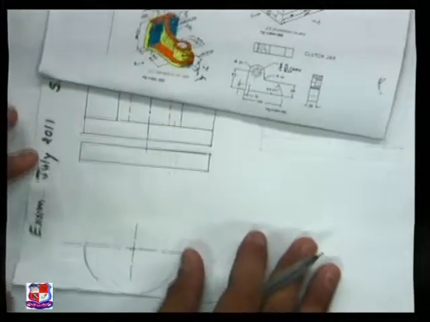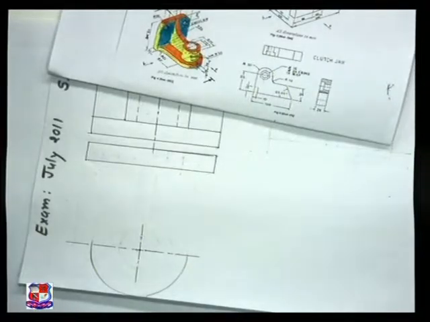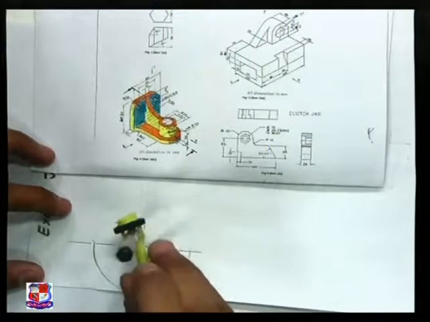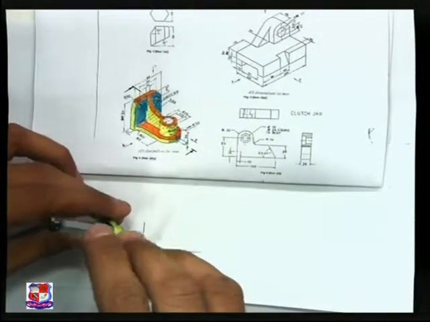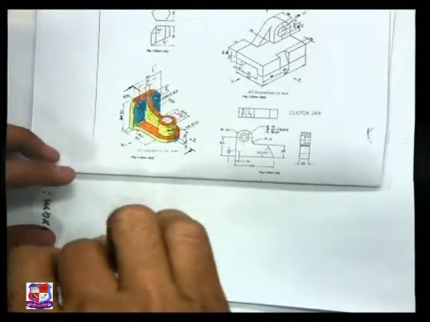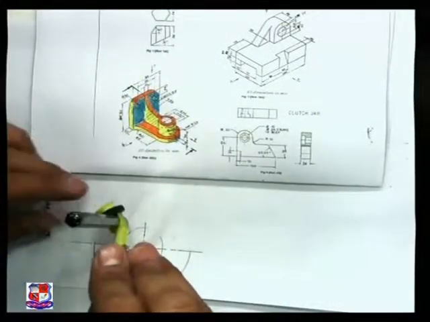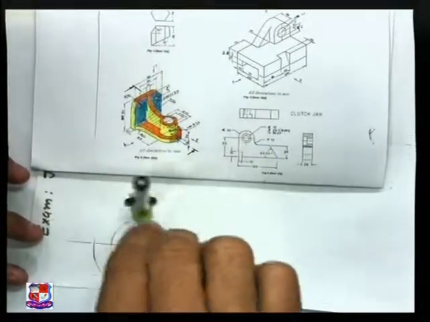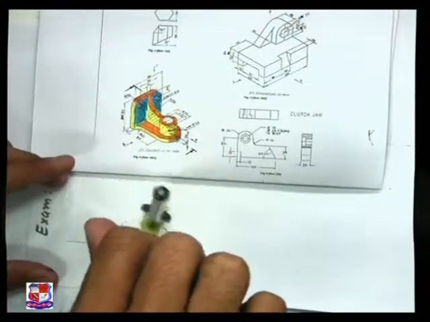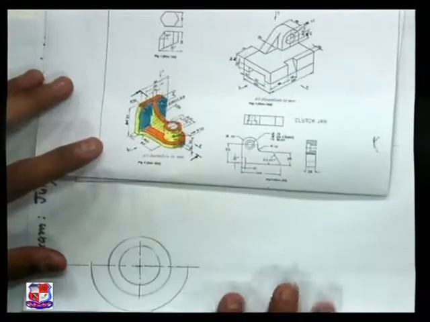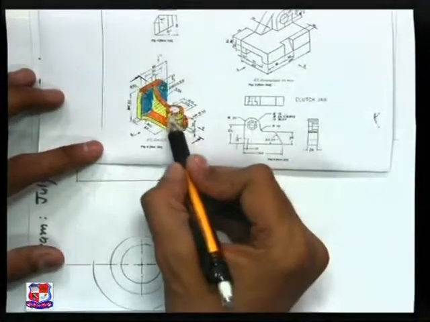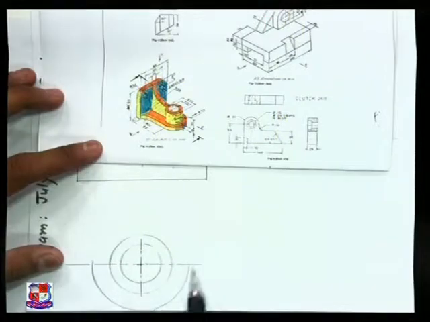After drawing this arc, a circle is given inside this arc, a circle having diameter 25 mm. So draw a circle having diameter 25 mm like this, and a cylinder is there. So cylinder having two diameters, it's a hollow cylinder. Both diameters are given to us, so we can draw that cylinder like this. These two circles represent this cylinder, and this arc is represented by this arc.